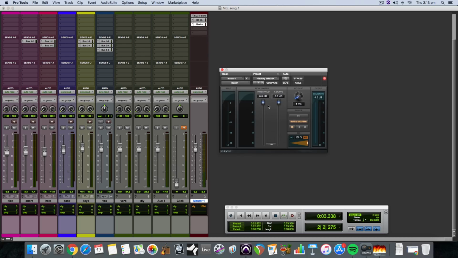And then the maximizer is as simple as grabbing the threshold and pulling it down until you see attenuation on this output meter. And the outgoing ceiling, I tend not to have it at 0.0. I tend to bring it down to -3.3 or